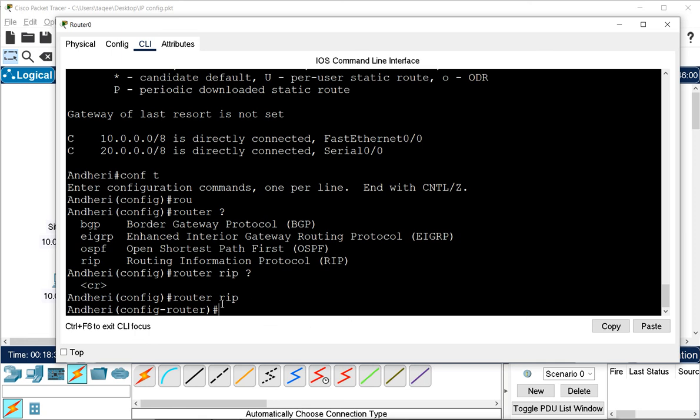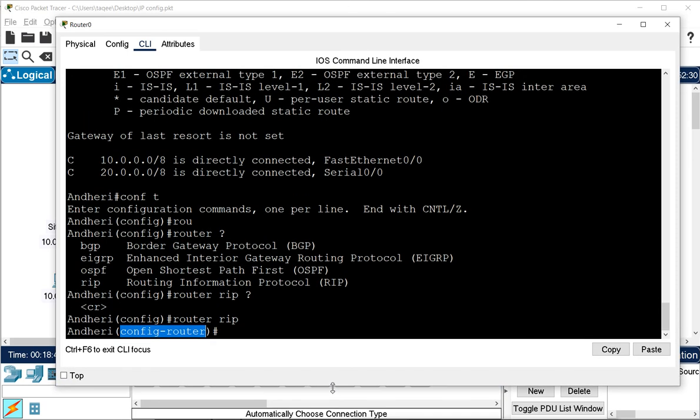Now when I press enter, we are in the router mode. Remember, the router mode is for routing, so in this mode we configure the routing protocols, whether RIP, OSPF or EIGRP. Right now we are using RIP.